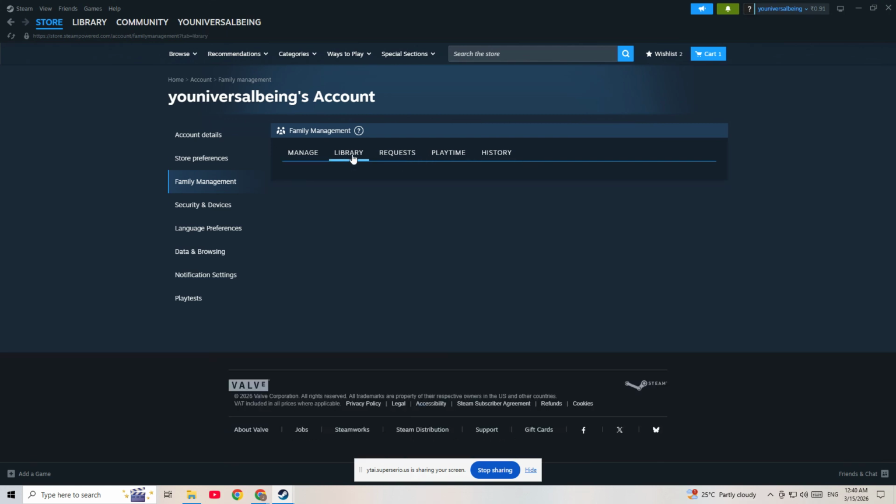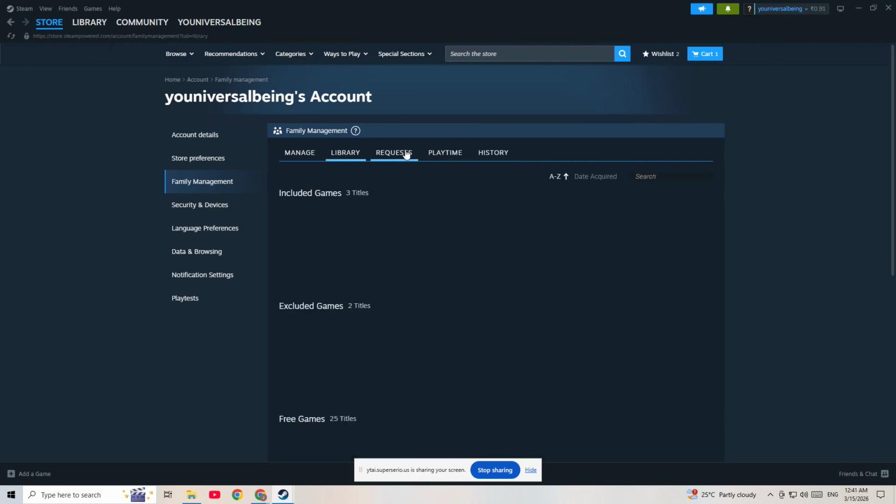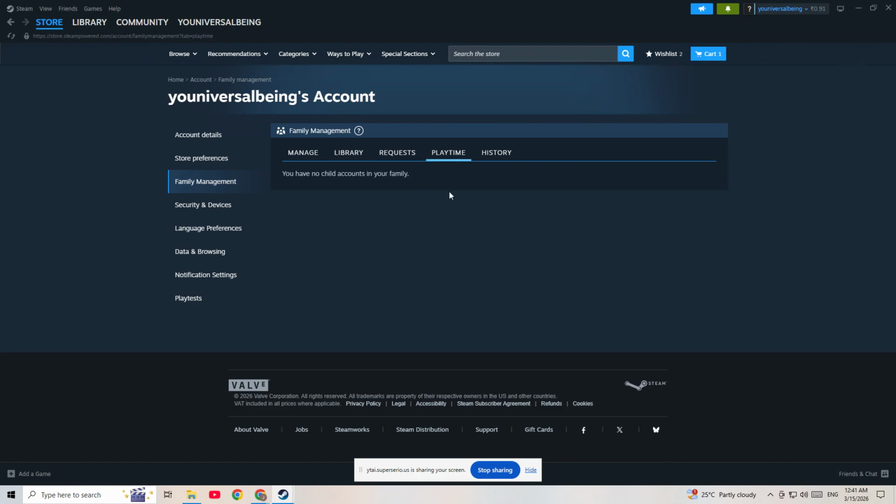You can manage the shared library, review game access requests, see playtime statistics, and check the activity history of family members. This makes it easy to keep track of what games are being played and manage access if needed. And that's it. You've successfully set up family sharing on Steam and can now invite members and manage your shared